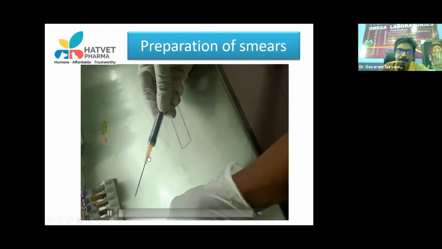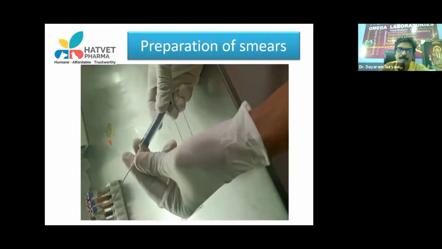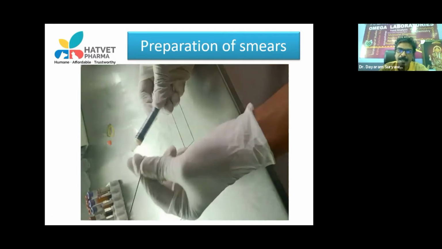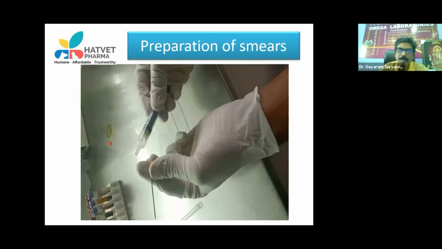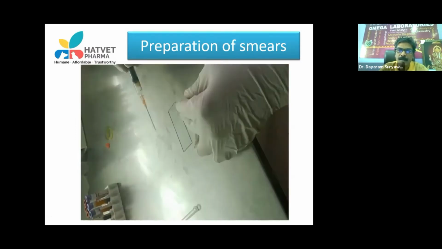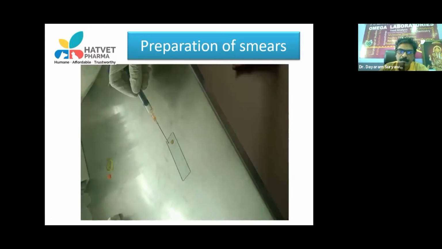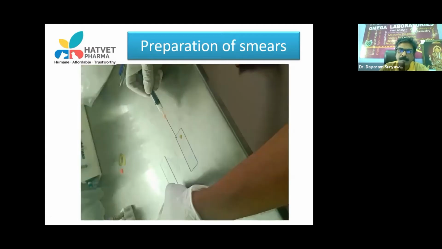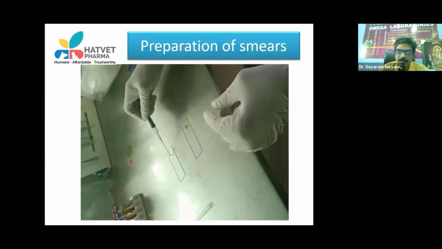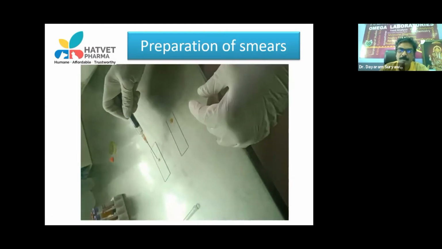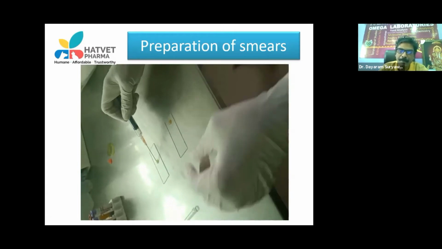So again, I'm repeating the same thing. Just withdraw some air, then again put the needle, put a drop on the slide, then one drop at one corner, another drop at the center of the slide. So either of these two ways you can prepare the smear,